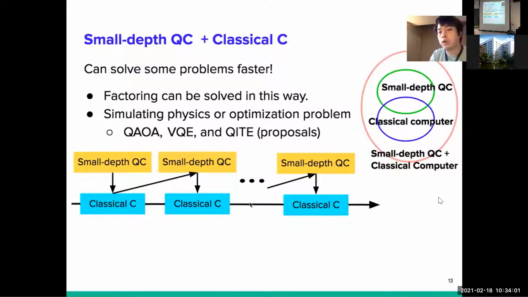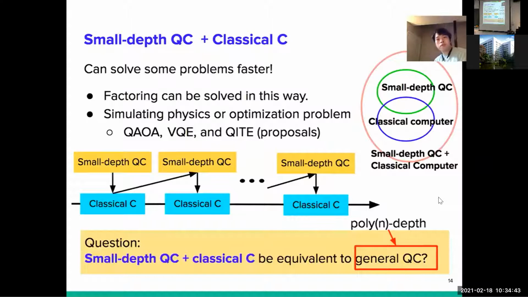One possible hybrid approach is as follows. You have your small depth quantum computer do some calculation and send the classical information to a classical computer. And then the classical computer sends information to both the small depth quantum computer and the classical computer in the next iteration. And then you continue to repeat this many times, say polynomially many times, and then you can solve your problem. And actually there are many problems that can be solved in this way. Factoring can be solved in this way. And also there are many proposals like simulating physics or optimization problems like QAOA, VQE, and